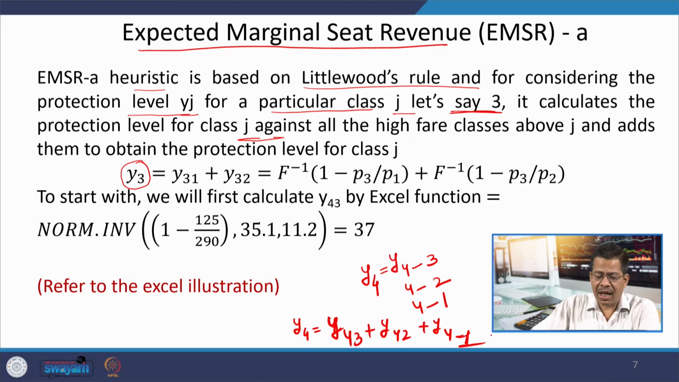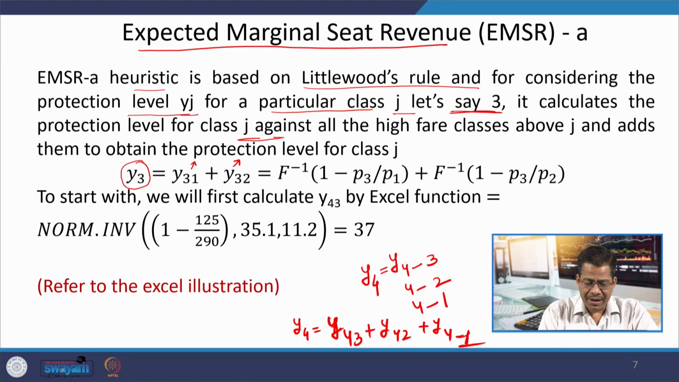Since class 4 is not operating in this particular case, we have started this particular solution for class 3. So, Y 3, the protection label for class 3, will be the sum of protection labels for a particular class with respect to another class. So, Y 3 1 plus Y 3 2, these are the protection labels for Y 3 with respect to 1 and with respect to 2, and so the total protection label will be simply the sum